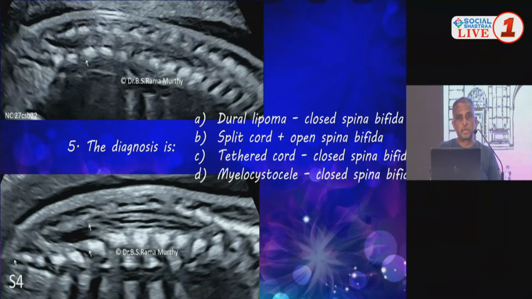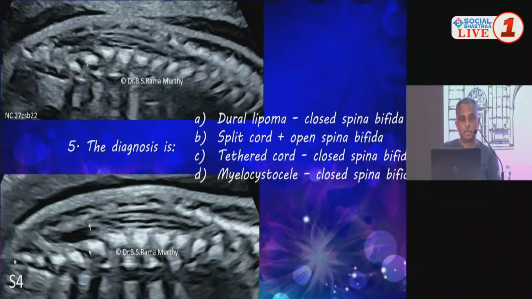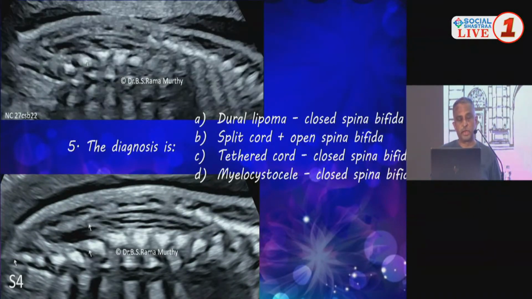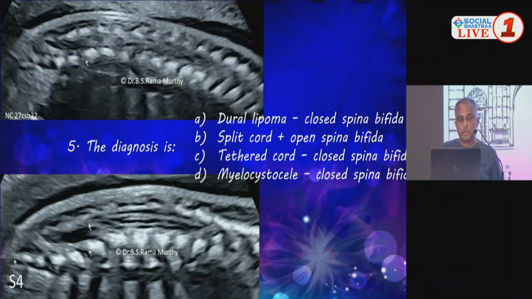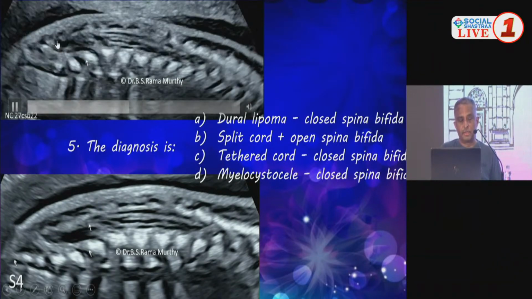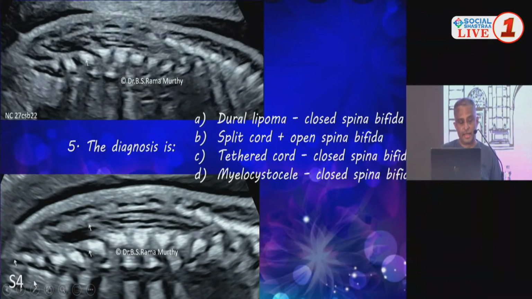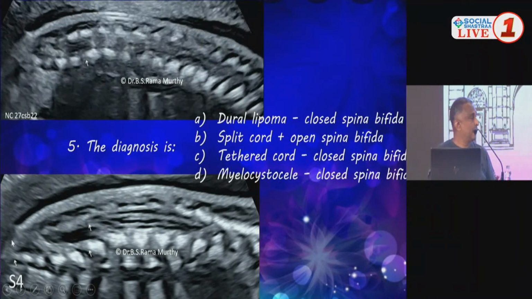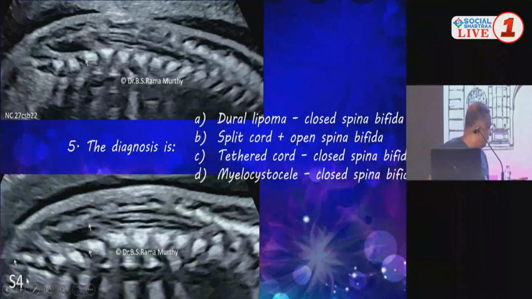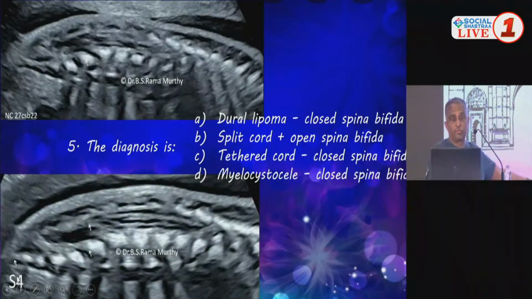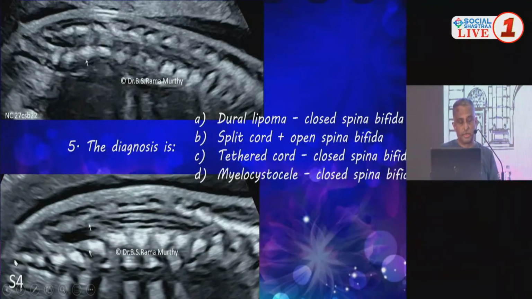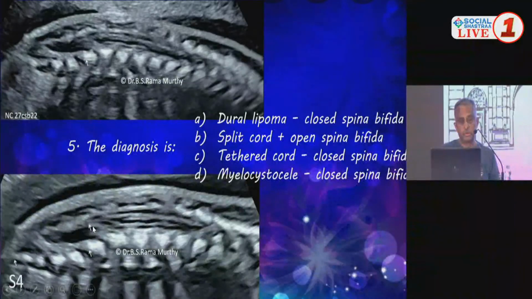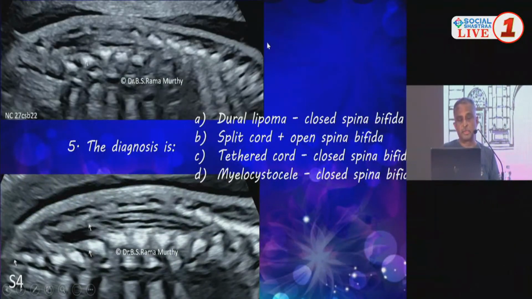Okay, this is question number 5. This is a high-resolution image of the lumbosacral spine. You need to look at the clip here and the still there. And before I let the time start ticking, I just want to show you that S4 is marked over here. Can you all see S4? S4 is here. And then I've got 2 arrows to help you. This is a still, this is a clip.